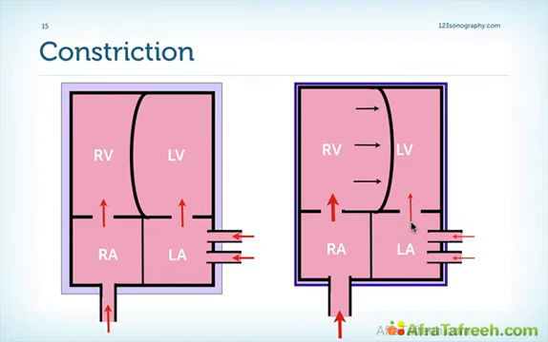Another factor that plays a role is that we have an elevated intra-abdominal pressure which pushes the blood from the systemic venous return also into the heart. Also keep in mind that constriction is often not complete. So to some degree at least, the intrathoracic pressure is transmitted at least partially to the cardiac chambers. But whatever the mechanism is, the appearance looks very similar to what we have in tamponade. We have a shift of the interventricular septum, usually during inspiration, towards the left ventricle.